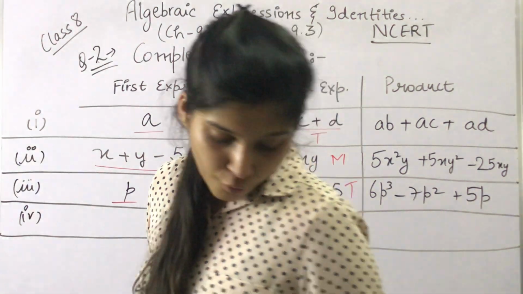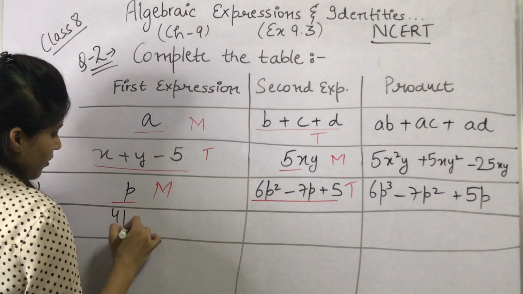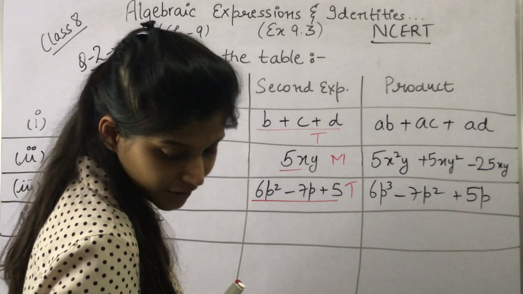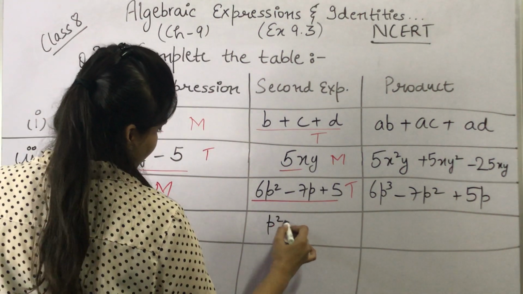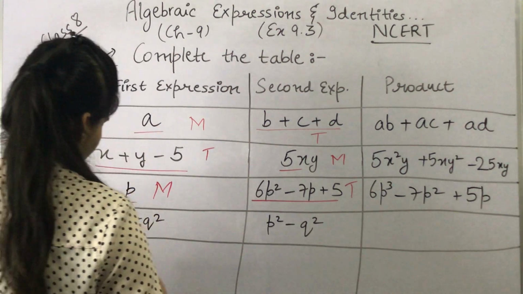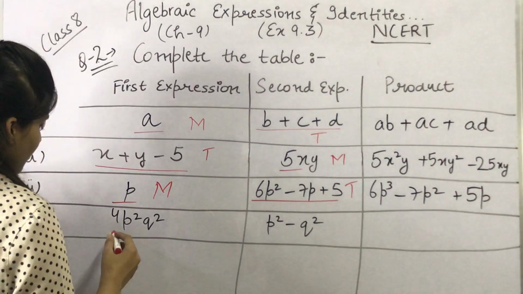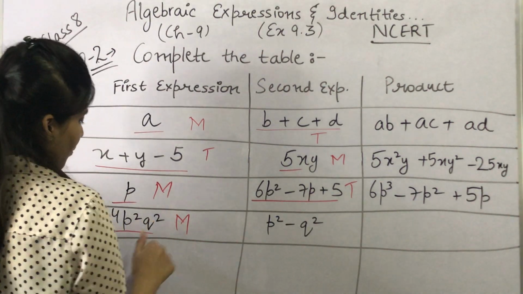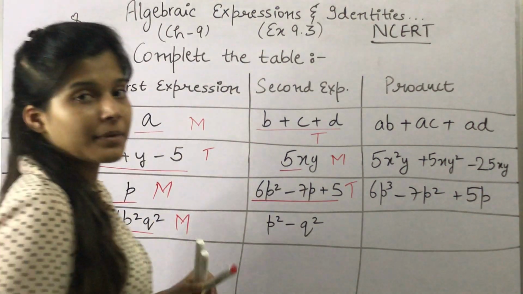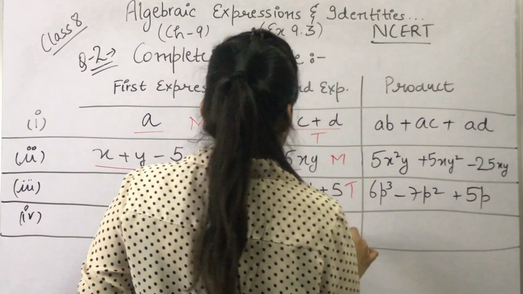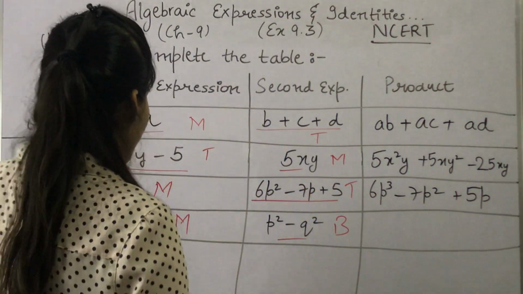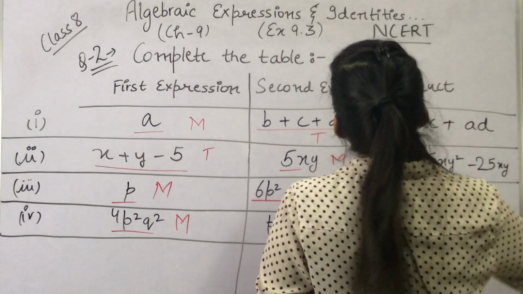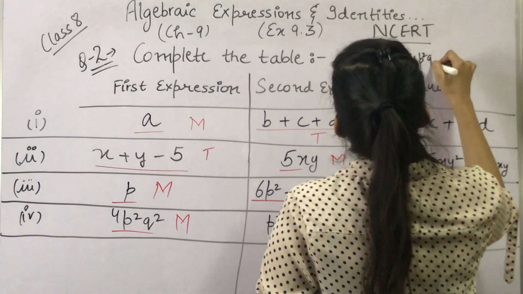Fourth part is 4p square q square and p square minus q square. So now this is a monomial expression because we do not have any operation, plus minus का operation नहीं है, तो ये एक ही term है, ठीक है. And this is a binomial expression. Now we have to multiply monomial by binomial. So what we'll get? 4p square q square into